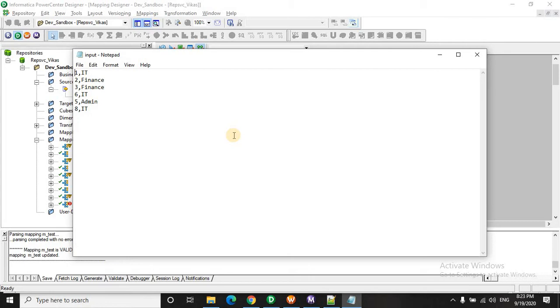Obviously you cannot go and create 10 or 20 target instances in your mapping, or even in the case where you don't know how many different departments there are, or they can get added or reduced, you can't change your mapping every time to adjust all the target instances. So you have to design a dynamic plan where the target files are created on the fly on the basis of the input. It revolves around the use of transaction control, which most people don't know is how this scenario is solved.